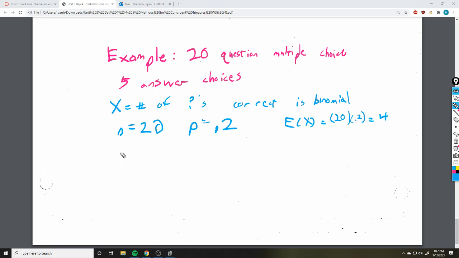But we want to find specific probabilities. And so let's say we want to find the probability that x equals 6. And so just to remind you, the formula for that would be 20 choose 6 times 0.2 to the 6th times 0.8 to the 14th. So in other words, you're looking to get 6 right and 14 wrong, and here's how many different ways it can happen. In the calculator,